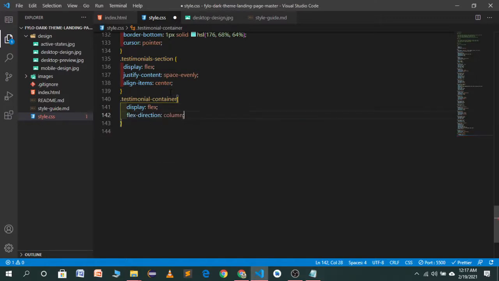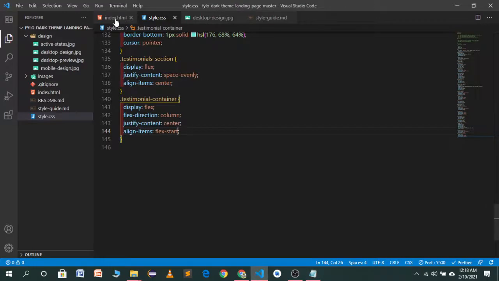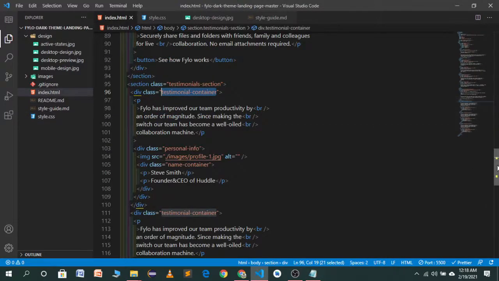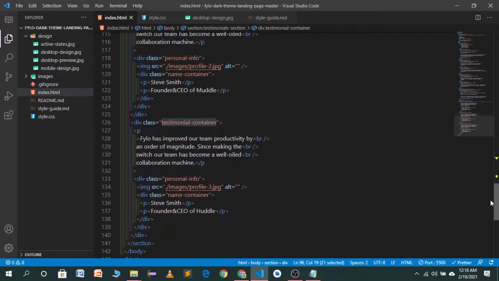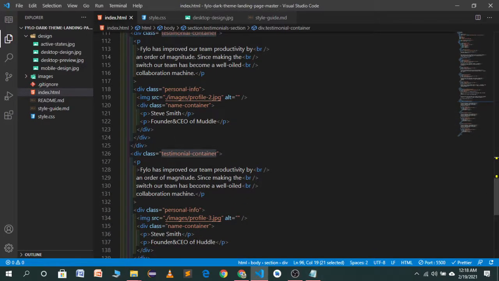Flex direction will be a column, justify content will be center, align items will be flex start. Now let's see. So it's not changing, particularly it's looking the same.